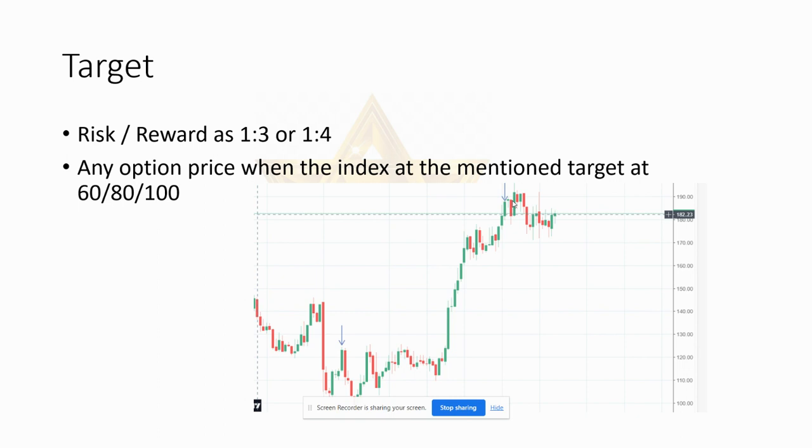You can hold the CE option till the index price reaches 19430. This is what I was saying. This has been indicated in the chart with arrows: this is my entry price in the option, and this is my exit price in the option, right? So basically, if you look at it,